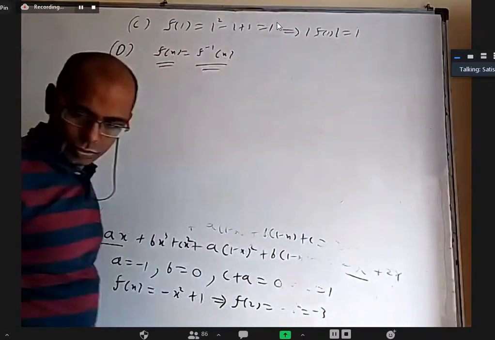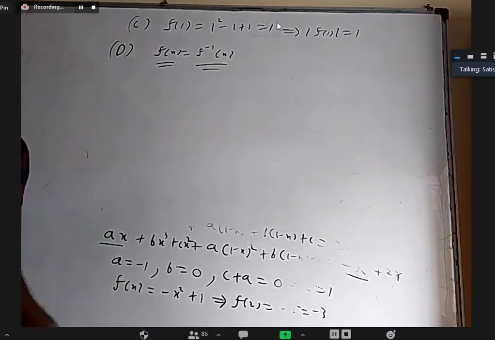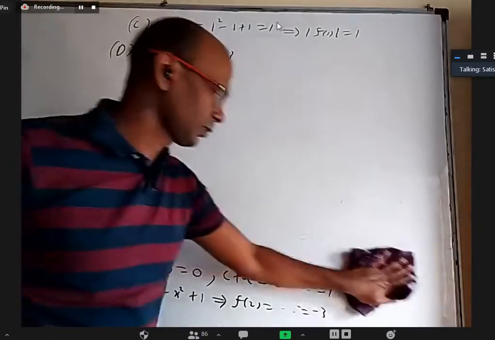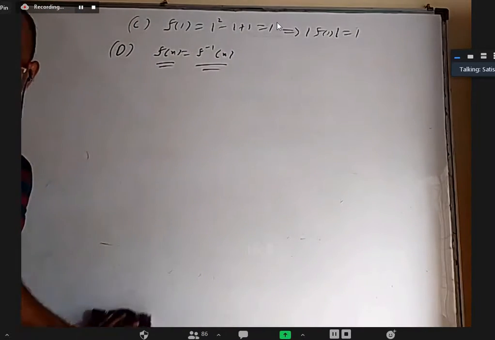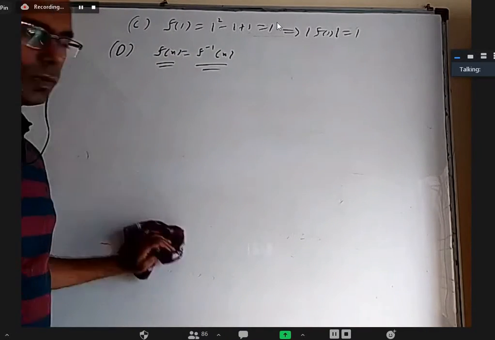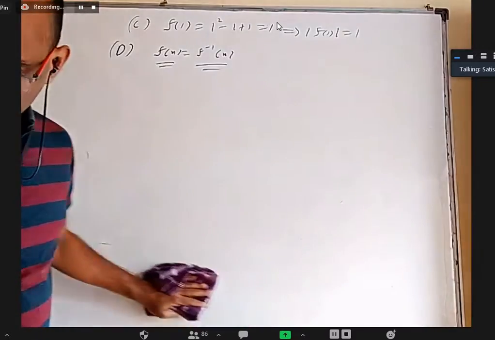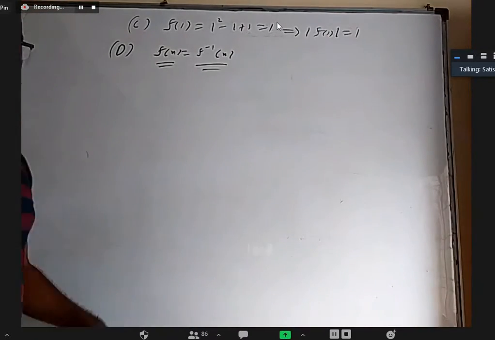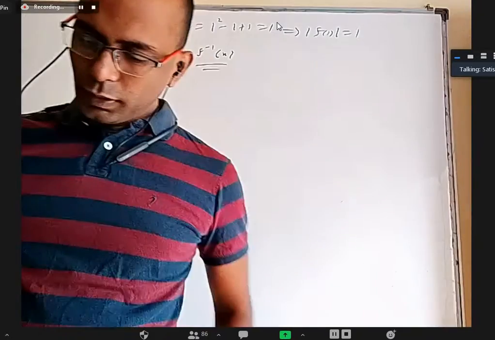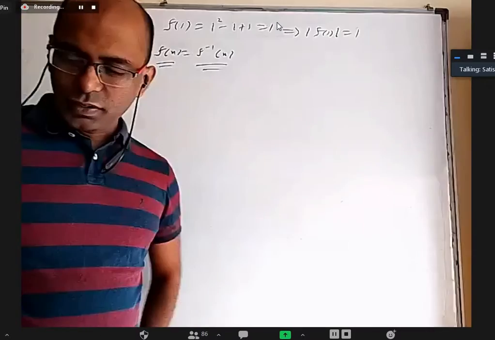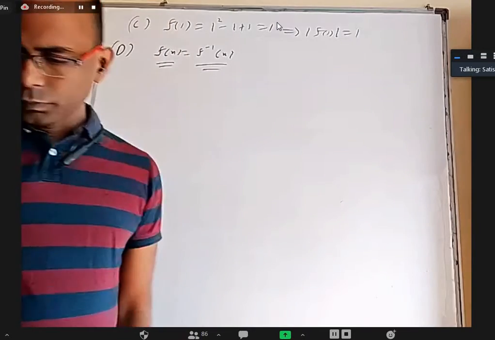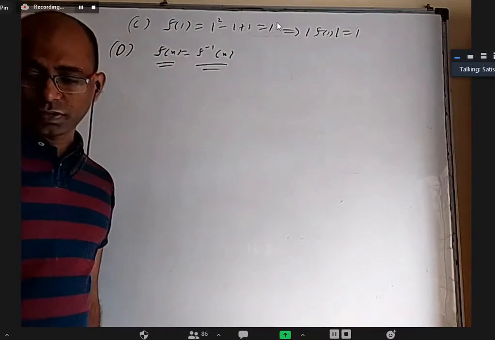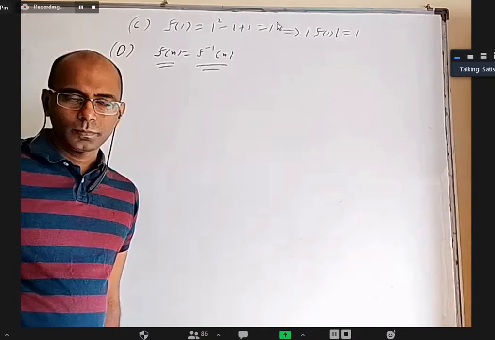Yeah, so we need a correction there. Sir, I think the domain is the range of the options, sir. No, they are not asking about domain or range. They are just asking the points of intersection of f of x and f inverse x. And we'll have two inverses while finding. Which one will you take?